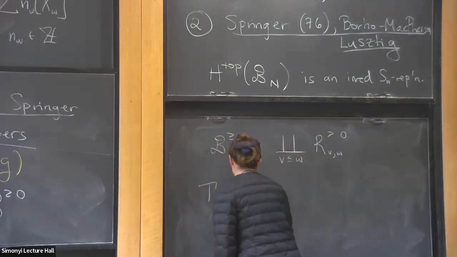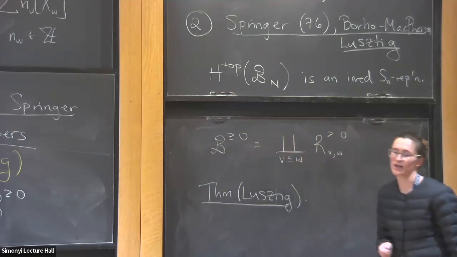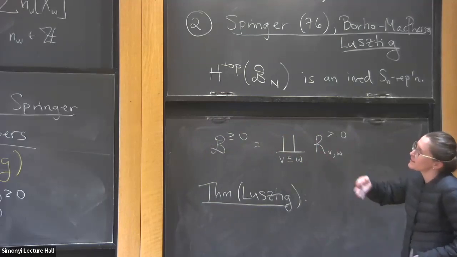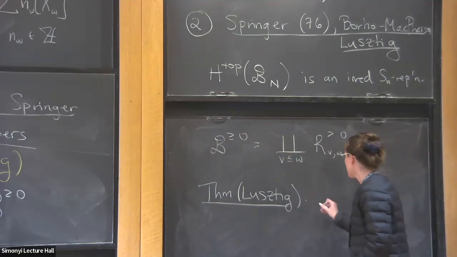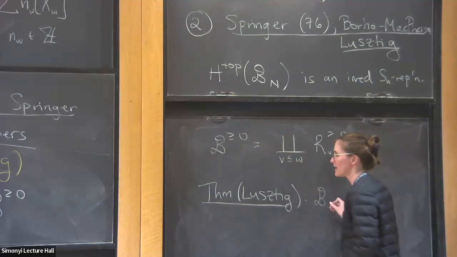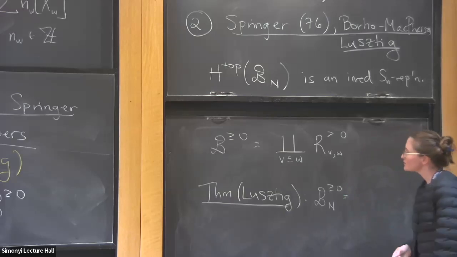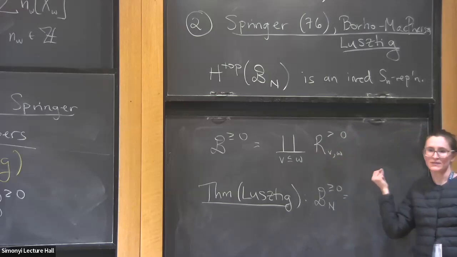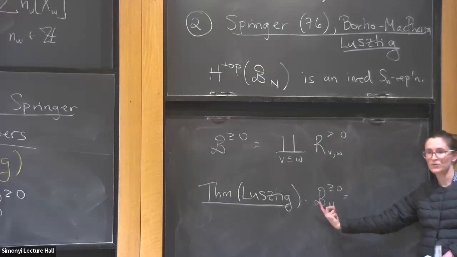Here's an incredible theorem, or I think is a rather incredible theorem due to Lusztig, which I found incredibly surprising. So this paper had been on the arXiv for a while. We started reading it, and here's the main result, which I'm going to phrase in our notation. There's something much more general in this paper. So if you want to study the totally positive Springer fiber, then Lusztig tells you that actually you have to take a subset of these cells. And there's a subset of these cells that actually gives you this totally positive Springer fiber,